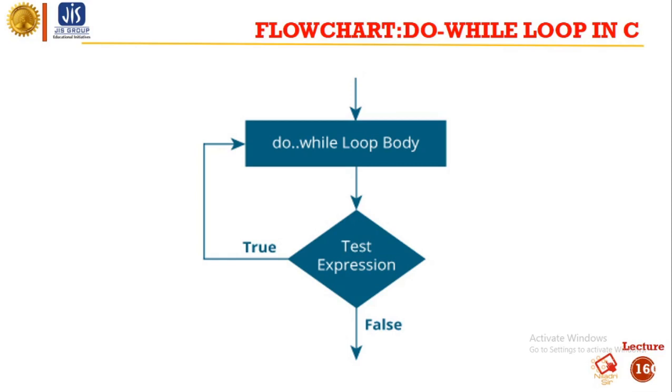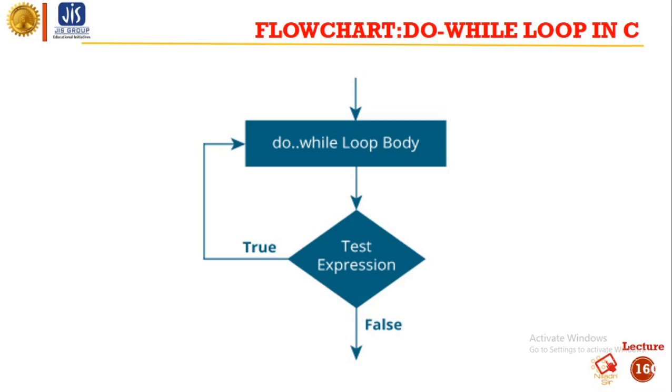In the do while loop, the body of a loop is always executed at least once. After the body is executed, then it checks the condition. If the condition is true, then it will again execute the body of the loop. Otherwise, control is transferred out of the loop. Similar to the while loop, once the control goes out of the loop, the statements which are immediately after the